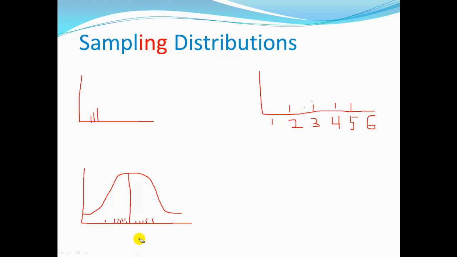Another thing we know is that within this sampling distribution of sample means, the mean would be the same as the population's, and the standard deviation of this distribution of sample means would be equal to the standard deviation of the population over the square root of n, which represents standard error, which we've already talked about a few times, sometimes abbreviated as SE.